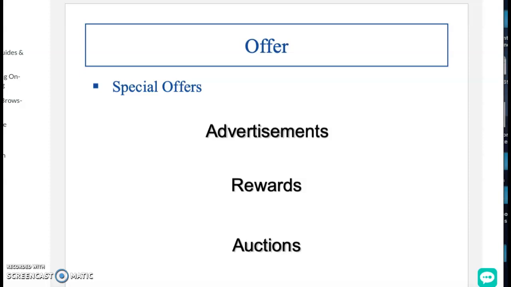And then auctions, your book talks about 2 types of auctions. So an auction with a price limit or without a limit. An auction without a minimum is going to be a valid contract because if you offer, you're accepting. Now, if there is a limit, meaning you have to spend a certain amount, it is just an invitation to offer because they are not bound if they do not make it up to a certain amount.